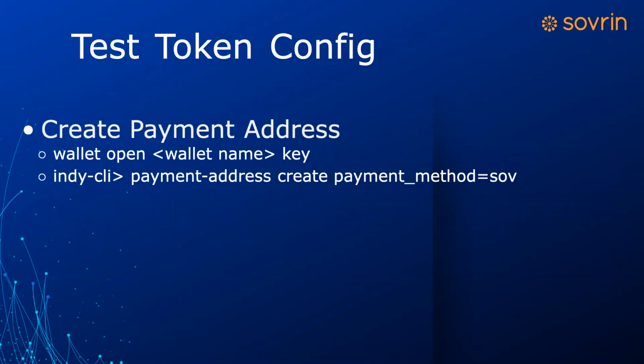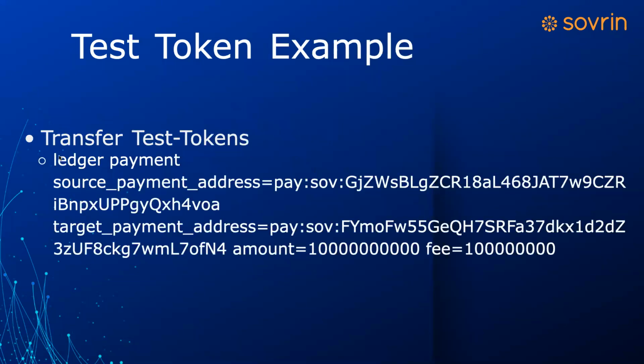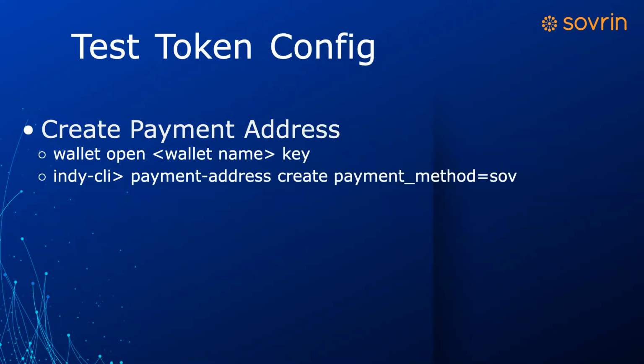Before you can really do anything on any network, you have to create a payment address. The payment address exists in your wallet. This is your own secret private thing. So you open up your wallet and you're inside of the NDCLI, and I just barely made that slide, so it should say NDCLI on that first line as well. I made that slide during lunch today because, based on what Nathan said, I'd forgotten the payment address part. It's important to have a payment address, so we've added that here. The command is payment address create, and you put in payment_method=sov.